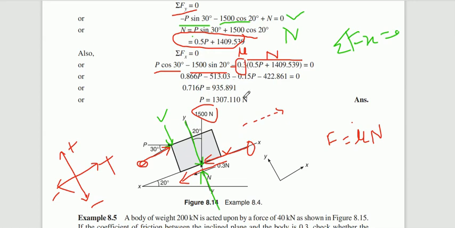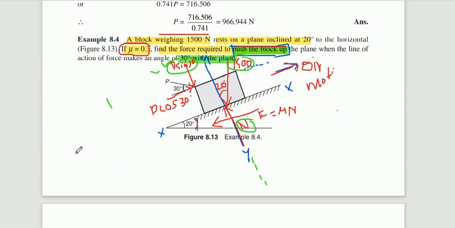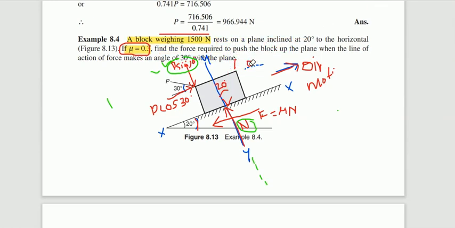Now in the entire equation the only unknown is P. You can easily find out the value of P here. By simplifying, just by mathematical calculation, you will get the value of P. So this is how you are going to solve the problem whenever a block is moving on the inclined plane. Here only one condition is considered, because in the problem it has been mentioned, find the P which is required to push the block upward. Therefore only one condition has been considered for this problem.